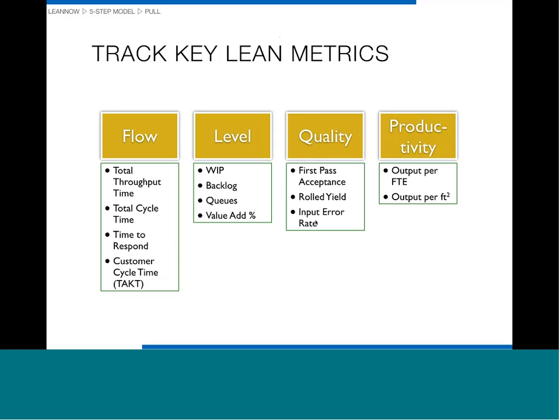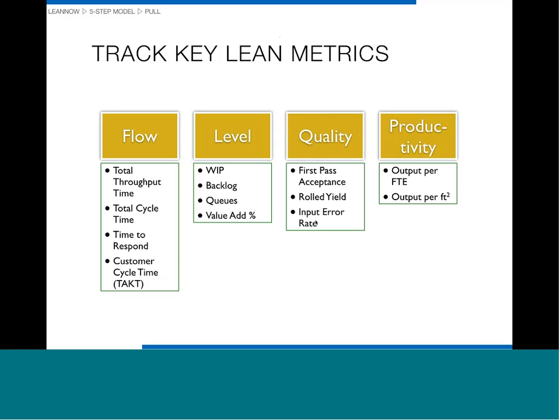individual queues are. Especially at the beginning, I recommend you track the queues between each process, because that will help you. If you do that over a few weeks, it'll help you know what to set those Kanban limits at, because if you're not using all your queue, then you know your limit will be too high. So if you know the day-to-day queue levels, you can start to understand where to set the